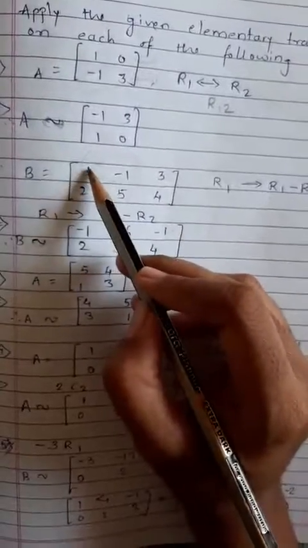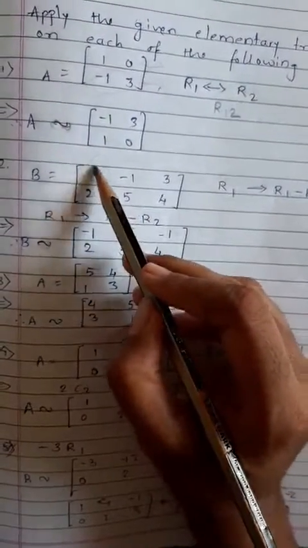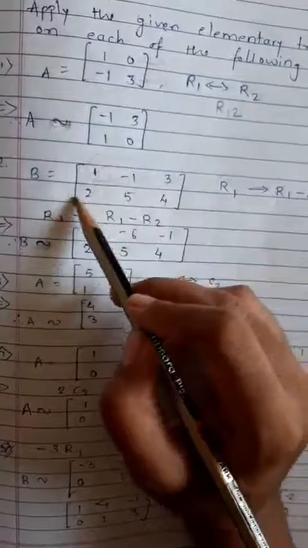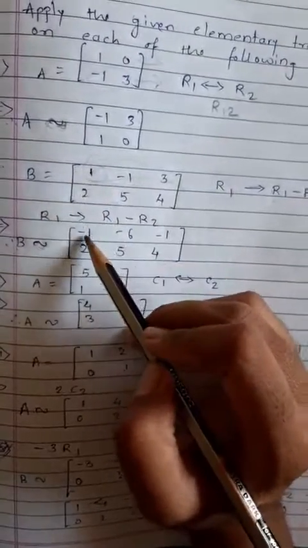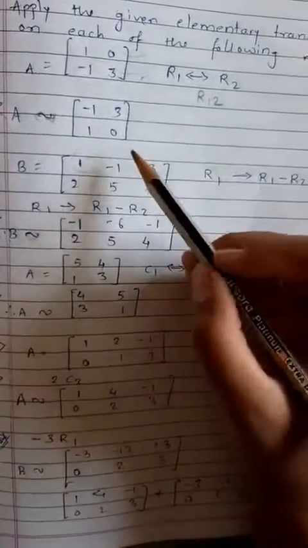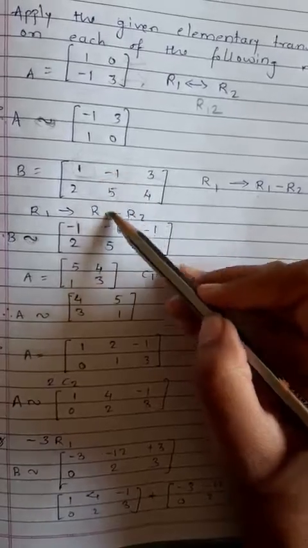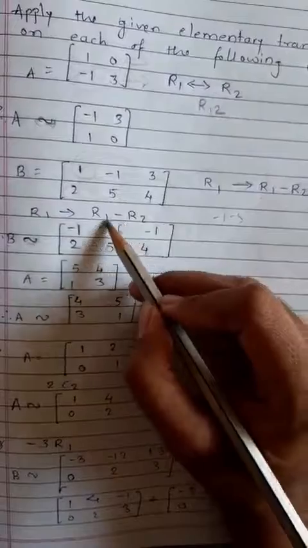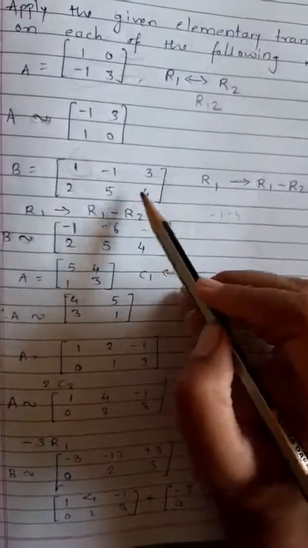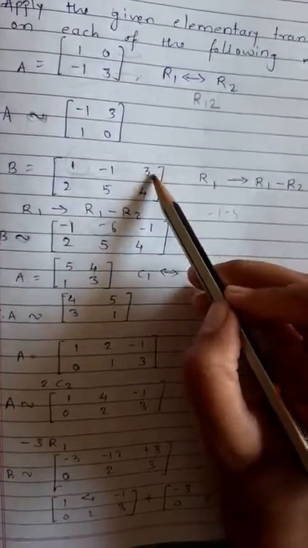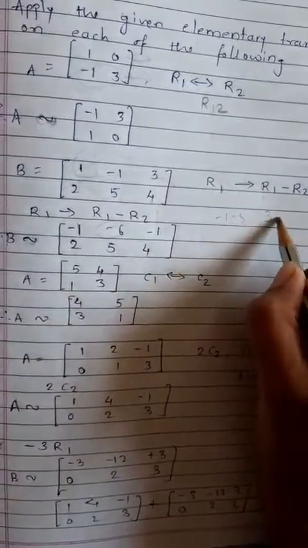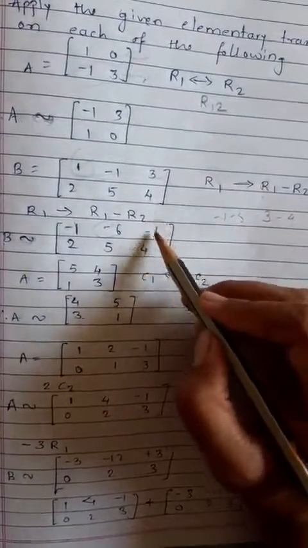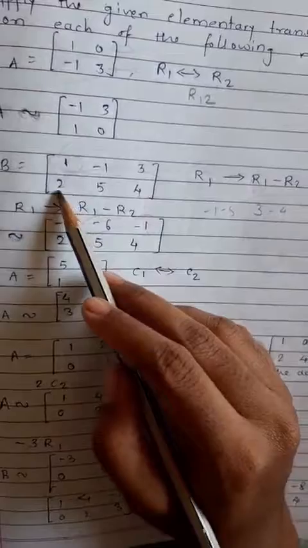So R1 minus R2 means 1 minus 2, this is R2. So 1 minus 2 will be minus 1, now R1 minus R2 again, minus 1 minus 5, this will become minus 6. Now R1 minus R2 again, 3 minus 4, this will be minus 1,